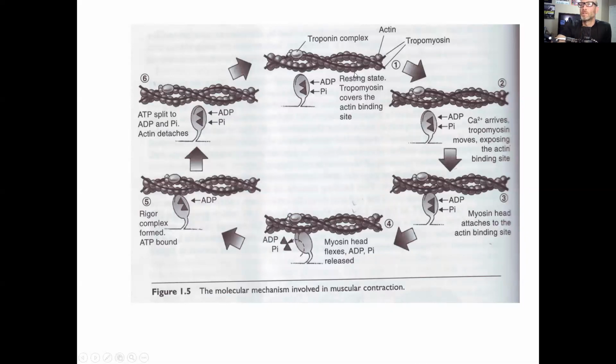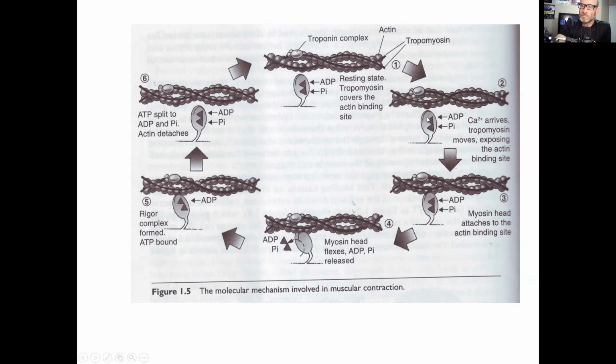There's the resting state. There's no interaction between the myosin head and the actin, no interaction between the myosin head and the thin filament. But calcium arrives after a signal from the nervous system goes along the cell wall of the muscle cell, the sarcolemma, and then goes down into the transverse tubules. That motor signal in the transverse tubules causes calcium to be released from the sarcoplasmic reticulum. That calcium then goes inside the muscle and interacts with troponin. When calcium interacts with troponin, it changes where this tropomyosin is located on the thin filament. And as that changes, there's an active site on the actin filament that interacts with the